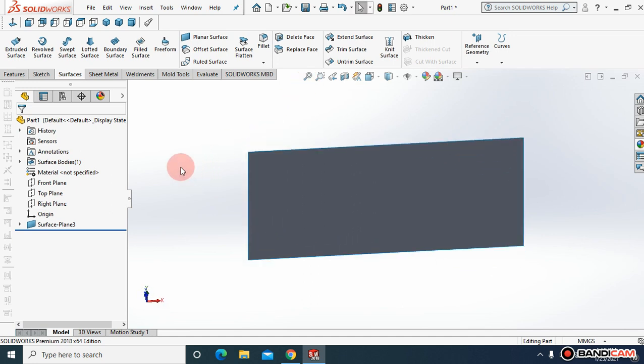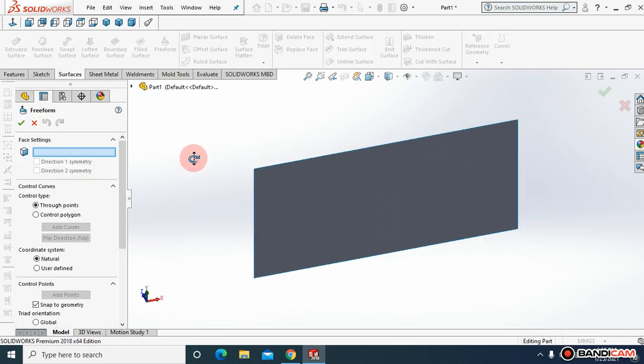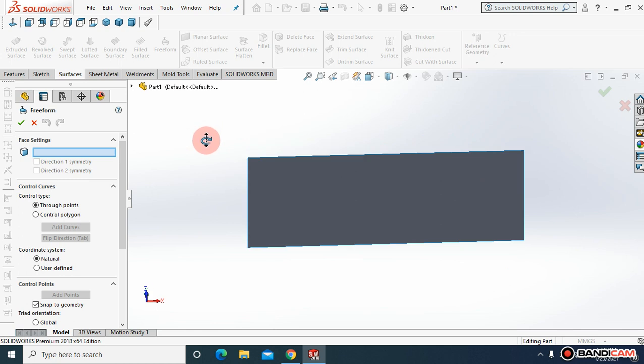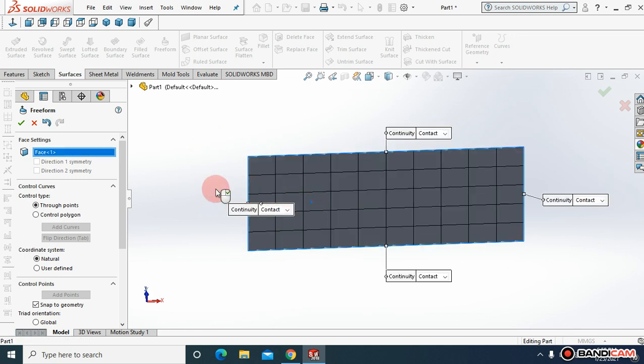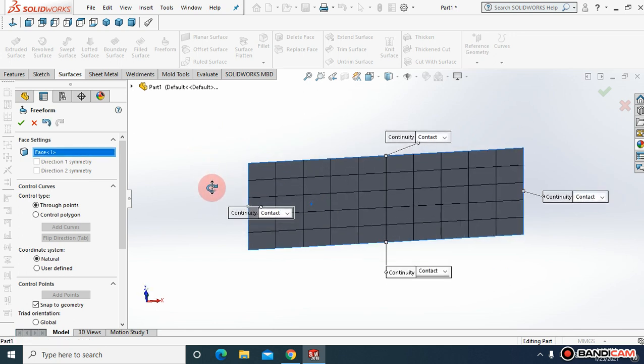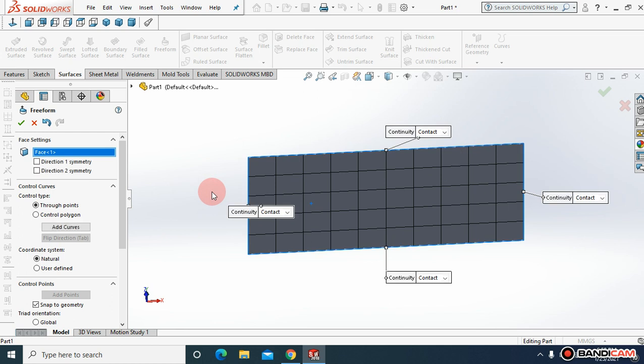Right now what I can do, just come to the freeform tool and here I will select the face that I want to be deformed. Now see, it is converted into multiple rectangles. Now scroll down,